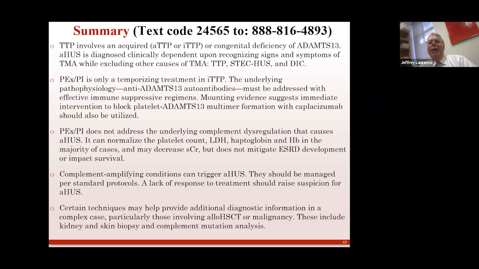And Jim George, who's the doyen of this, who has the largest TTP registry in the United States in Oklahoma, has written an editorial in Blood saying that we look forward to the day where we no longer have to put central caths in, no longer have to use plasma with all its risks.